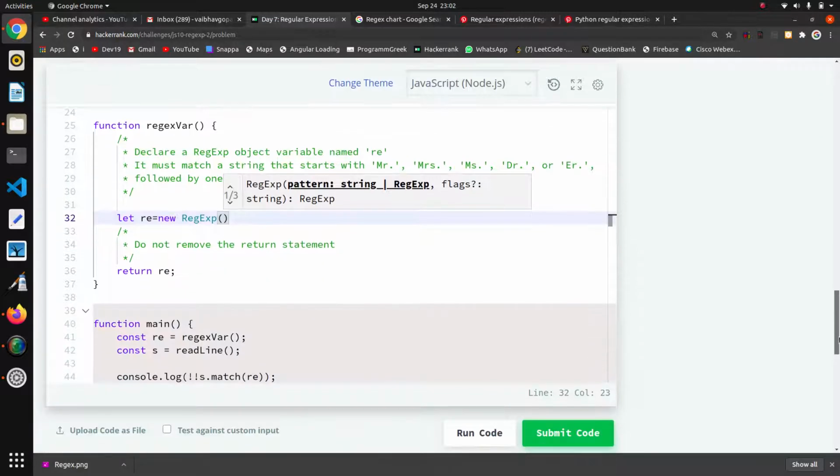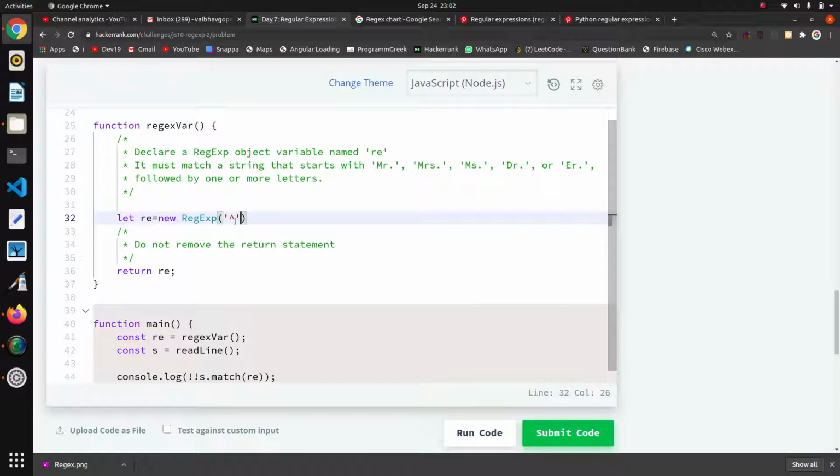To match our prefix we have to write in this format. I don't know which operator we call this, I think it is the XOR operator. Using this operator we can match the prefix of the string.